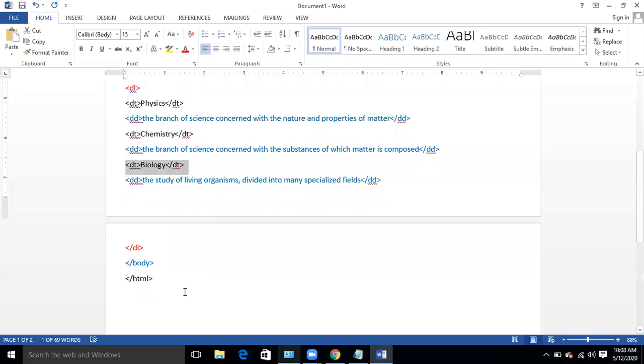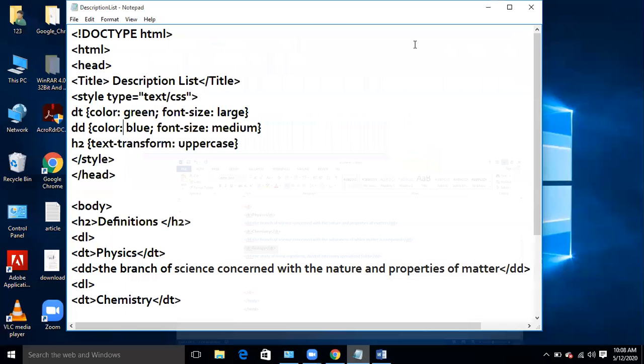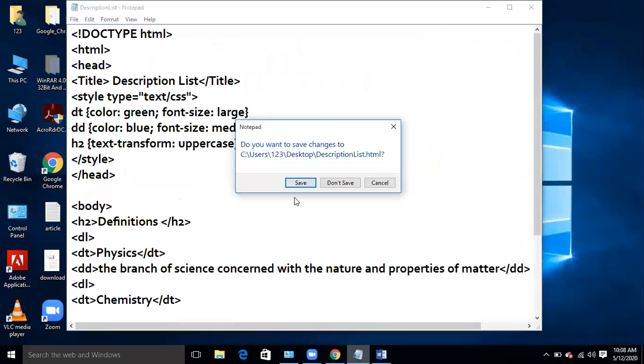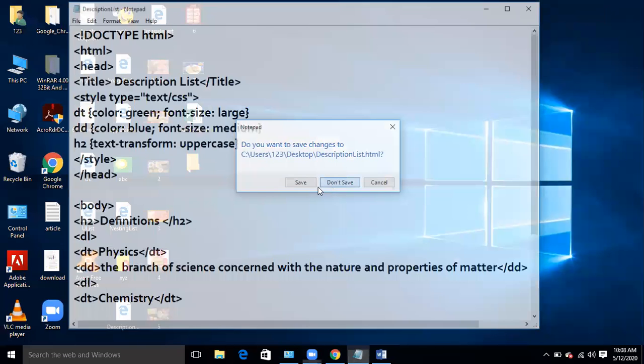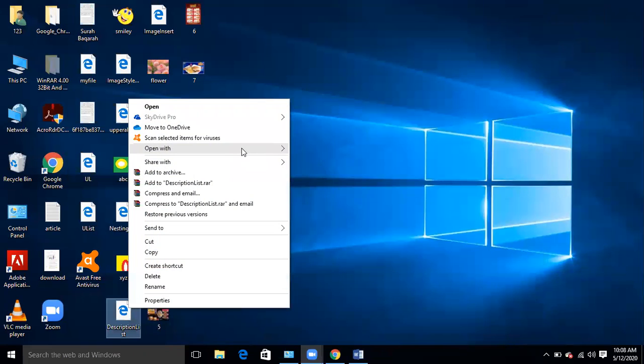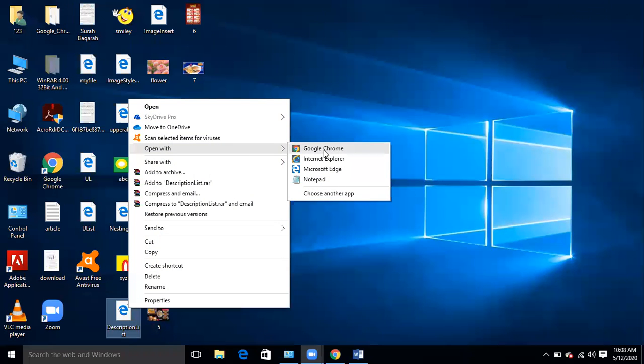So when we run this code, you will be able to see the output. I will open it in Google Chrome.